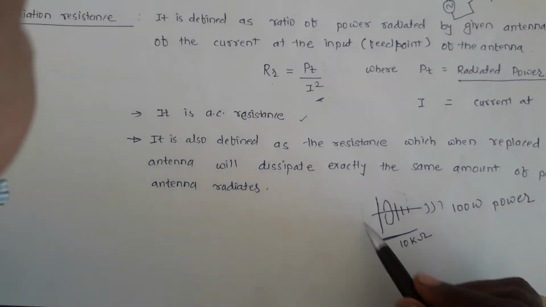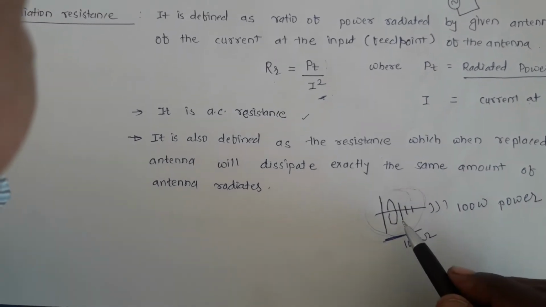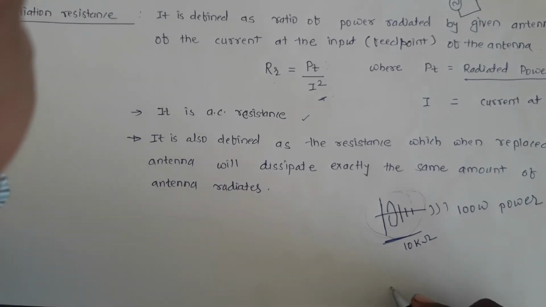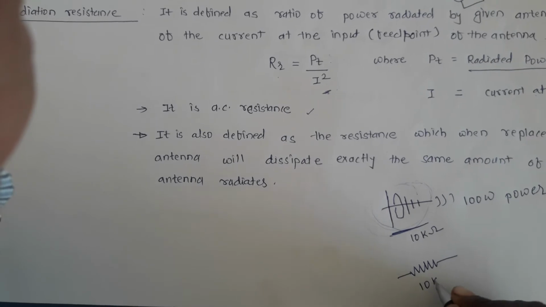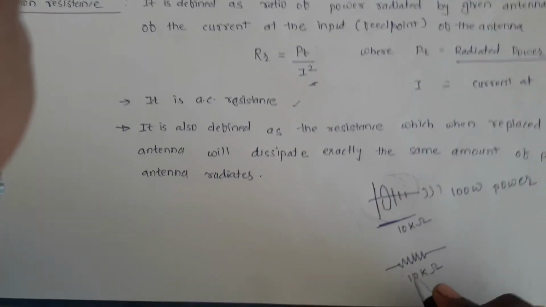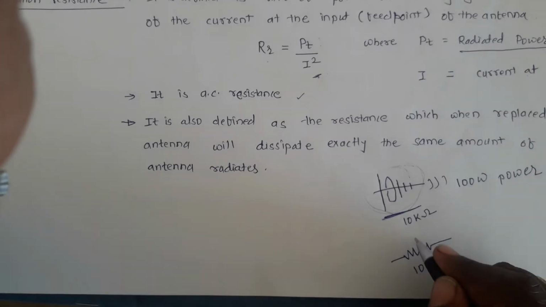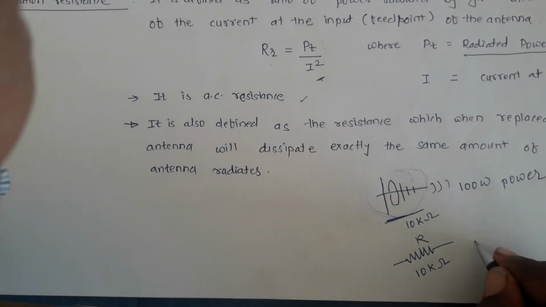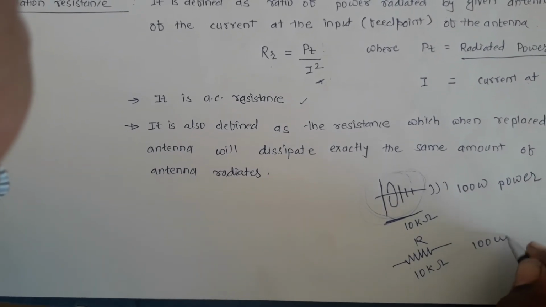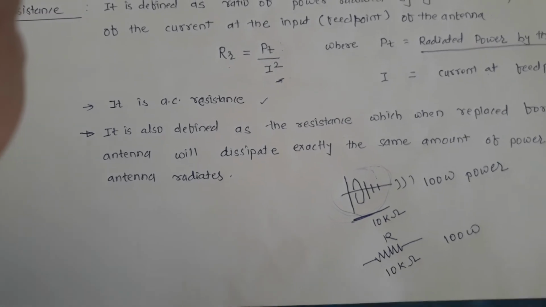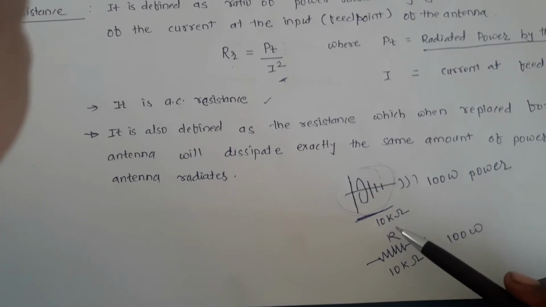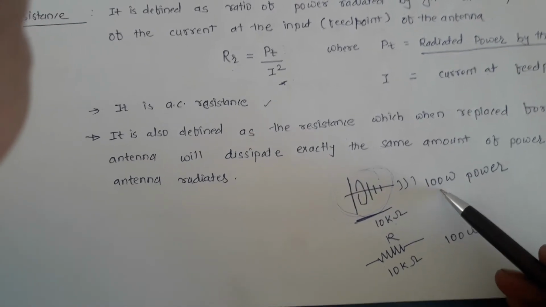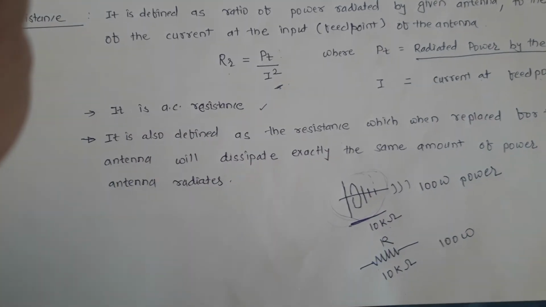Now if I replace this antenna with a resistance having a value of 10 kilo ohm, then this resistance R will also radiate the same amount of power, that is 100 watt. So it is just an example. Practically we have not tested whether a 10 kilo ohm resistance radiates 100 watt, but for our understanding